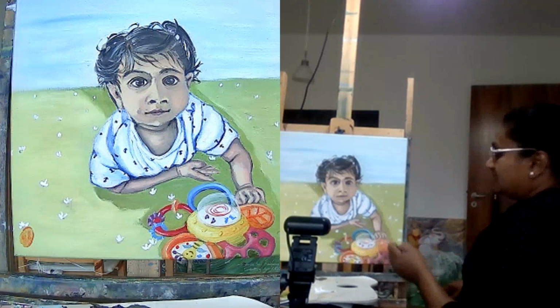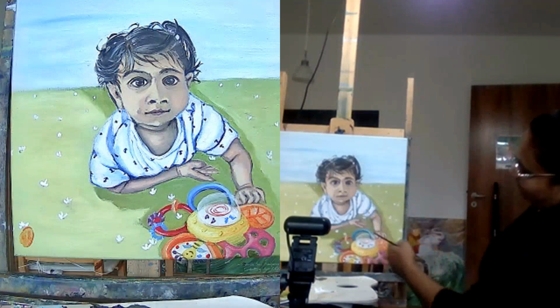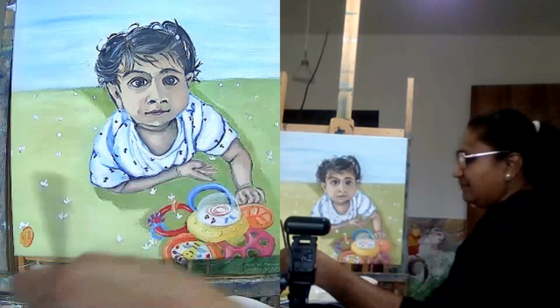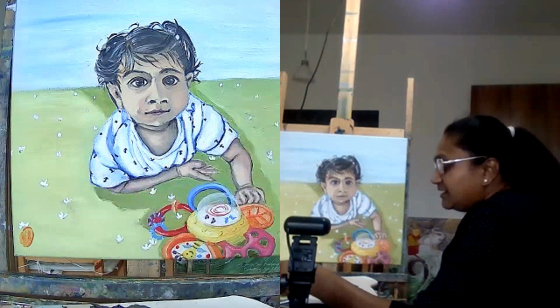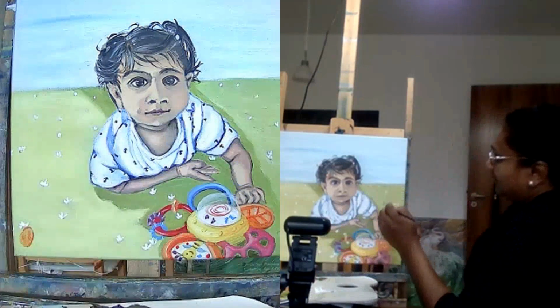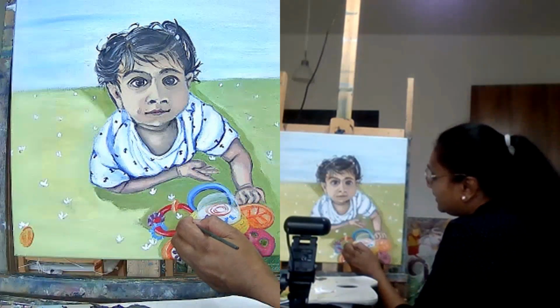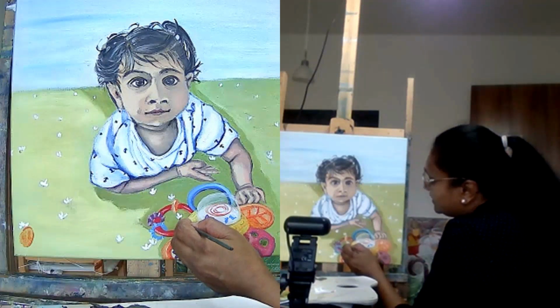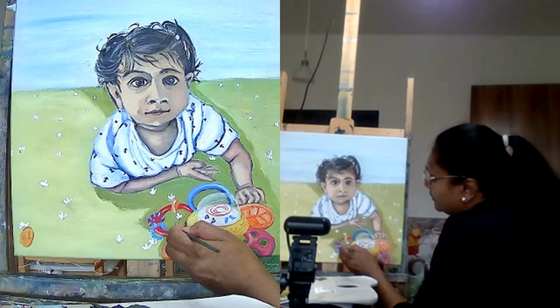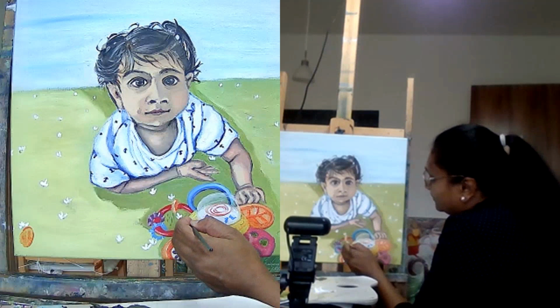And where else? We are now starting with the toy. So let's place the dark green in other places. Here, I want to show a little more of the detail. So right underneath the flower, I'm just placing a few strokes to make it look like there is some grass here.